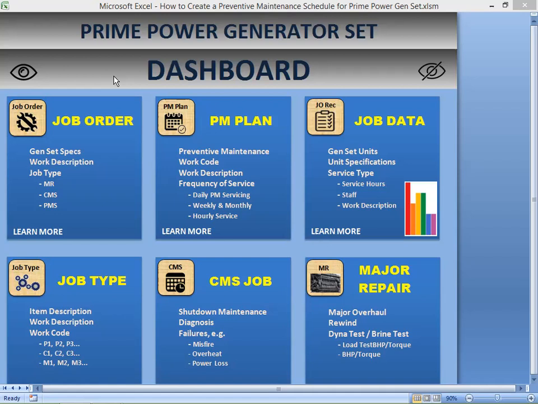Okay, so I have included here some portions of the presentation which I'm going to explain later. I'm going to walk you through these portions: the job order, the PM (preventive maintenance) plan, the job data, job history, and the job type of the work that we're going to be doing in terms of preventive maintenance. Then I have included the CMS, the corrective maintenance system job. Then I have included the major repair, whenever we'll be doing a repair activity for the